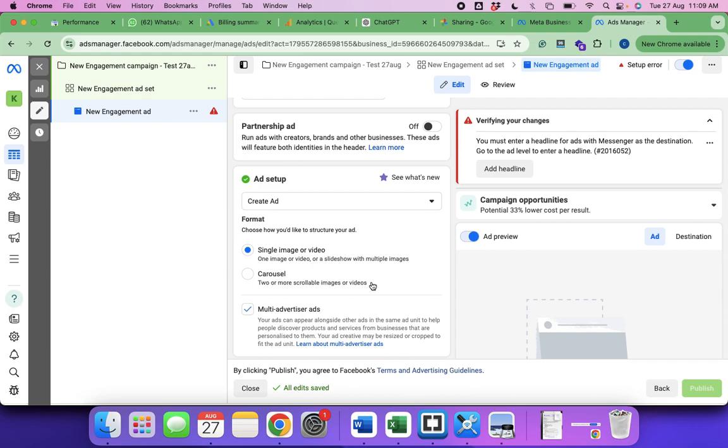If I'm speaking about one single service company, having too much information or detail may not be engaging for the user, or it can be engaging also. It depends on the industry. So Facebook has given you an option. See, it's not going to be the same for all industries. For some industries or businesses, carousel would work very well, and for some, the single video or single image would